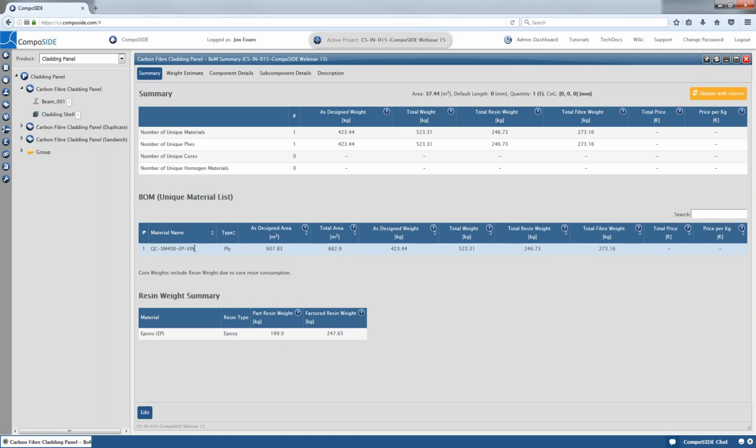It's specific to each type of material. So, for example, the unidirectional wouldn't have the same off-cut values factor as a quadriaxial. And this is all calculated automatically. What CompoSIDE does is it gives you a basic set of values, which is what we've been using for years. But if you have specific manufacturing factors, overlap, usage and wastage factors,